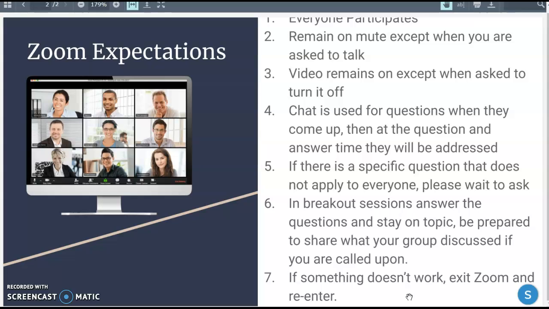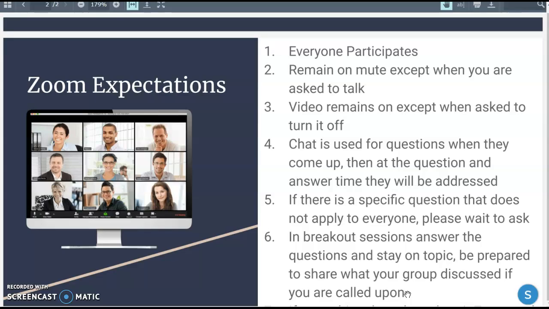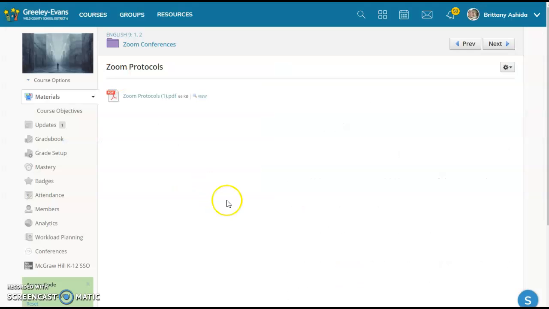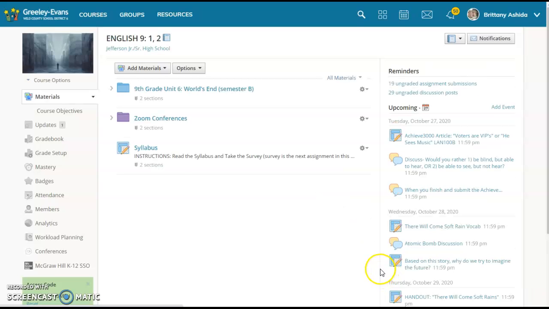If it doesn't work in all three attempts, then shoot me an email, let me know it doesn't work, and what happened. And then go ahead and do the work that's in that day's folder because you know you're going to have that expectation anyway. You don't need me to tell you that. You can see it. So Zoom is how you'll get your discovery points on the days that you're not in the classroom. Discovery points are still 30% of your grade, and they are something that we are doing whether you are in class or online this quarter.